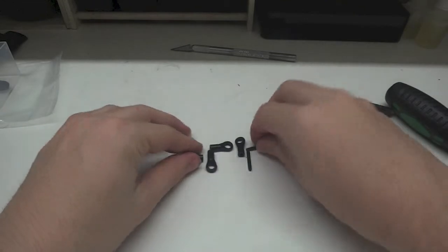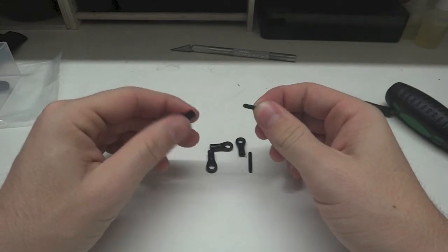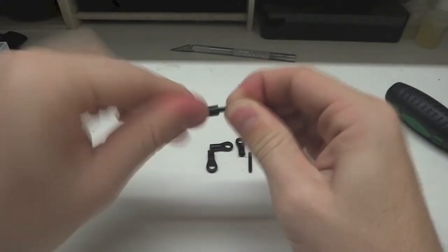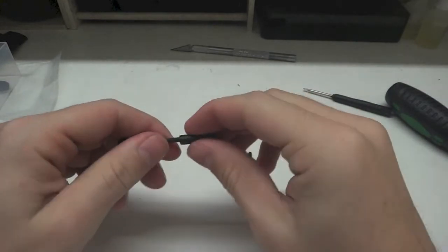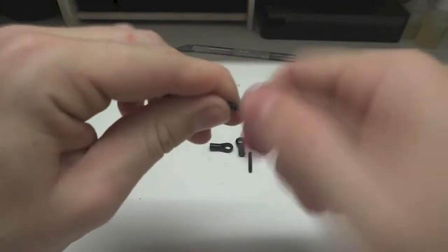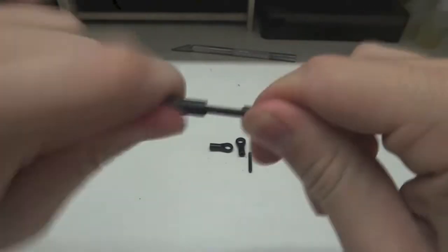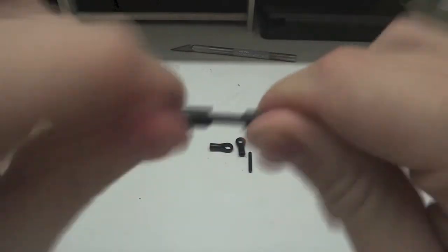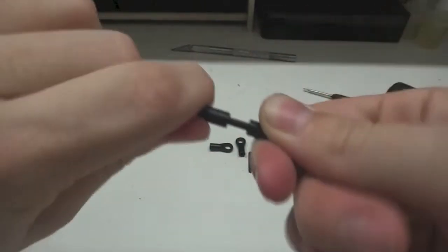Now onto our track rods. Okay, the magazine says to hold one end with some pliers and thread it on, but you can just quite easily just get it going with your hands. Okay, and then get it so it grips a bit, then put the other one on. And then hold one and spin the other, so you're not holding it with any pliers whatsoever. Okay, so once you get towards the middle,